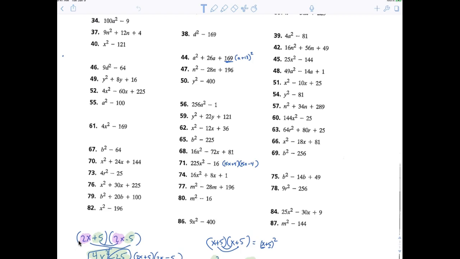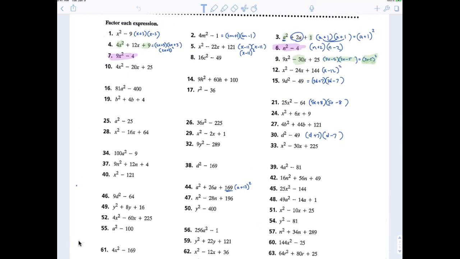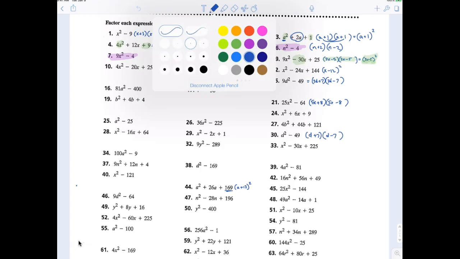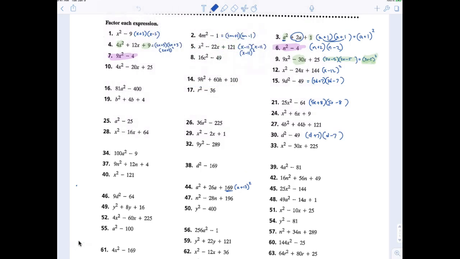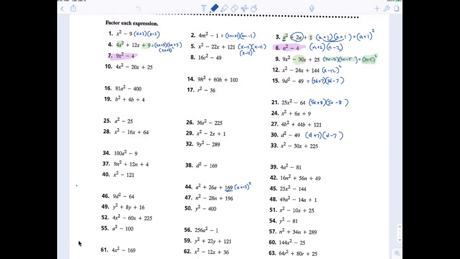What I want you to do is take a look at the problems that I don't want you to do. Now how do you highlight them? You remember, you take your marker and turn it to white, and then you just delete them. If you make your marker big, then you can just do one quick swipe and it's off. Everybody with me? The ones I don't want you to do are 11,